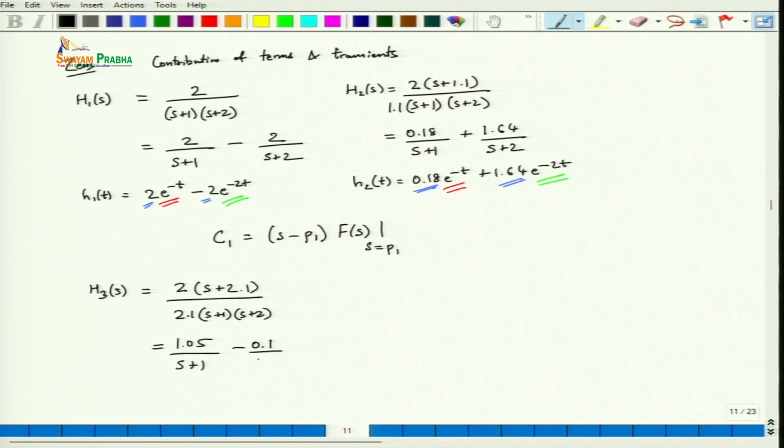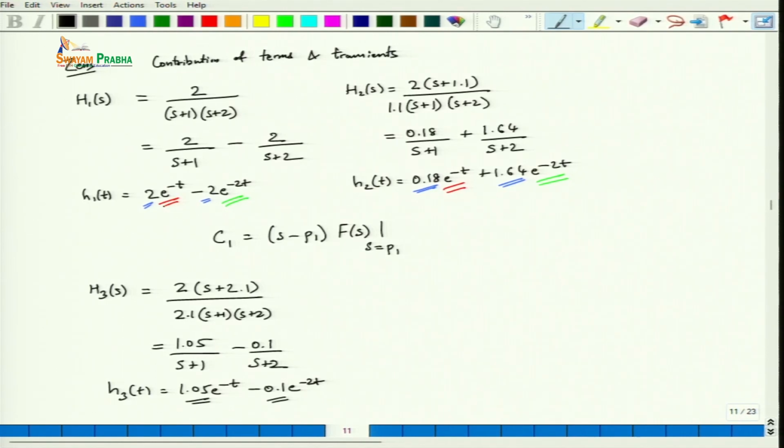minus 0.1 divided by S plus 2, and your response will be 1.05 e to the power minus t minus 0.1 e to the power minus 2t. So, here you see the contribution of the pole at minus 1 is greater as compared to the pole at minus 2. So, this is the effect of 0 on how it changes these individual contributions and hence the transients,